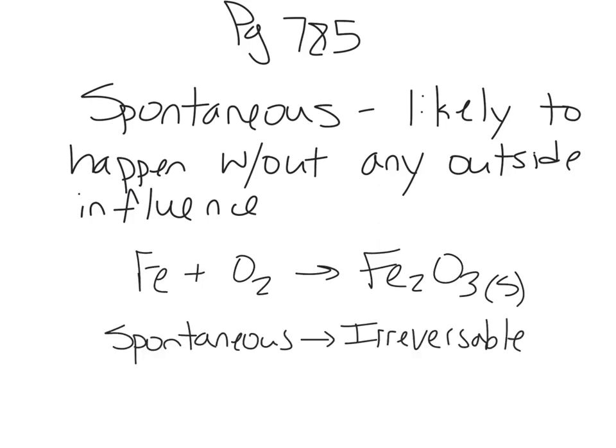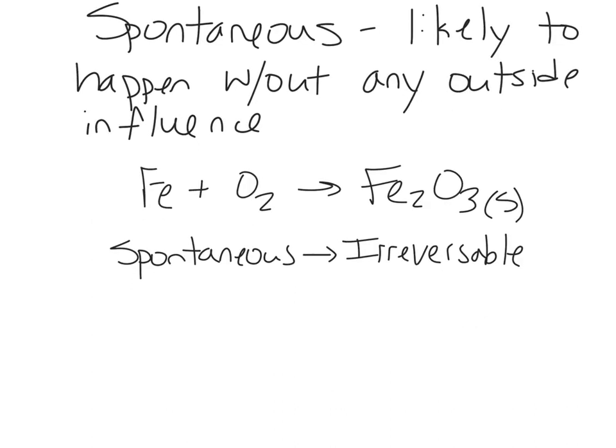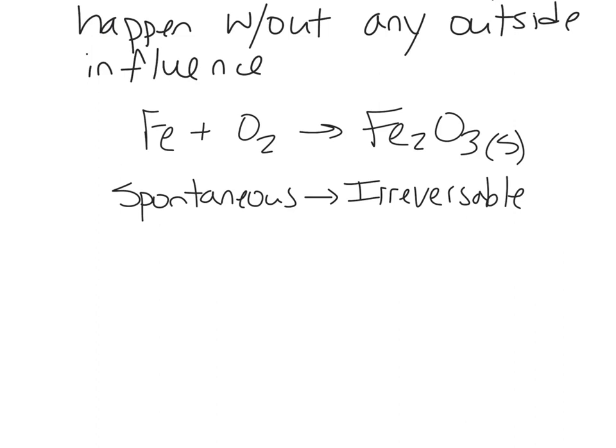Scientists have often identified spontaneous processes as irreversible. But as we learned in our kinetics and equilibrium chapters, chemical reactions can be reversible. They more likely tend to favor one side of the reaction or another, but you can force the reaction to reverse assuming that you change the temperature or pressure, which means that for spontaneity to occur, you need to consider both the temperature and the pressure at a specific condition.